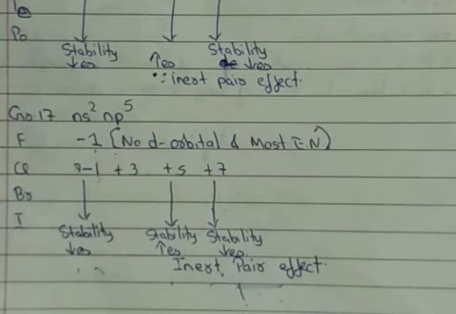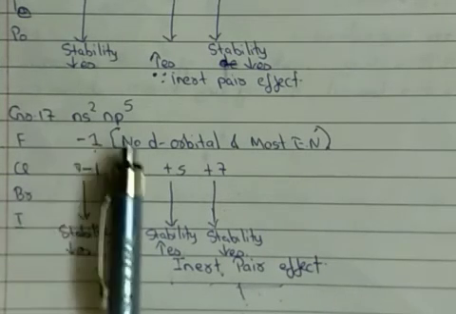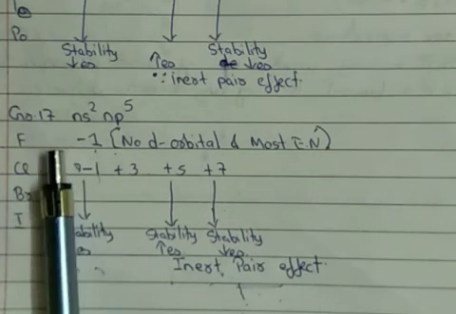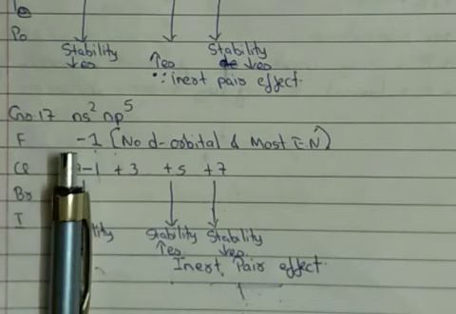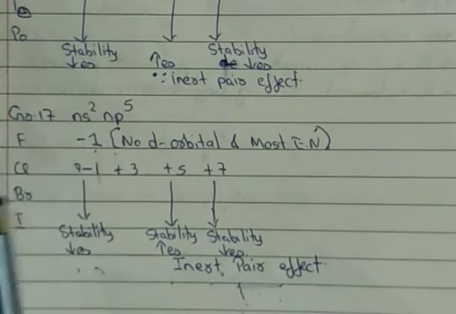Now after dealing with the oxidation states of groups 15, 16, 17, the next question comes about what is the oxidation state of the elements belonging to group 18. Now group 18, as they are noble gases, are least reactive, and we all know that they are least reactive because of, one, their stable electronic configuration, second, their highest ionization enthalpy, and third, their more positive electron gain enthalpy. Because of all these three reasons, they are very much unreactive or inert.